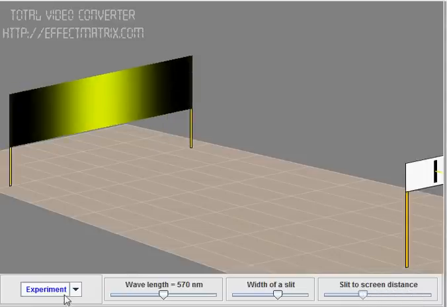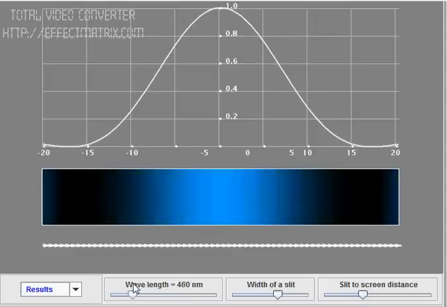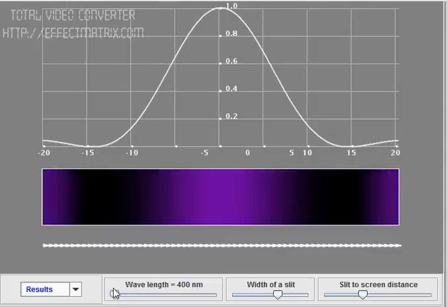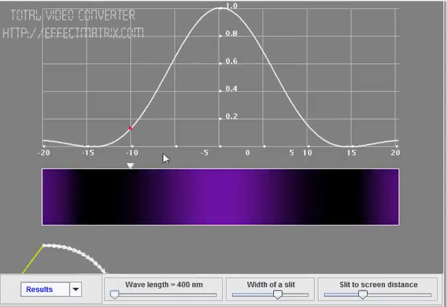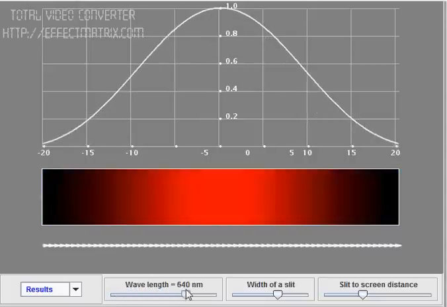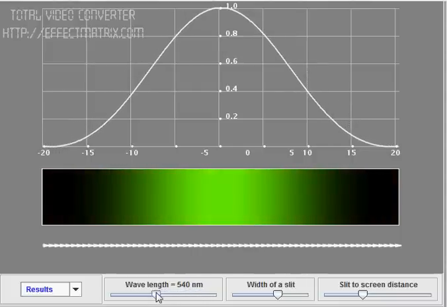You can also see this from the graph. If I am increasing the wavelength, what is the effect on the maximum intensity? See, if the wavelength is reducing, the central maxima is also reducing, right? Here if I am increasing, just see, the distance from here to here is your central maxima. If I increase the wavelength, see, this has moved beyond this, it means the width of the central maxima has increased.